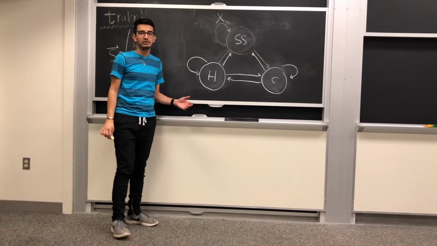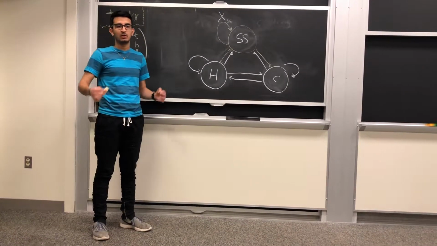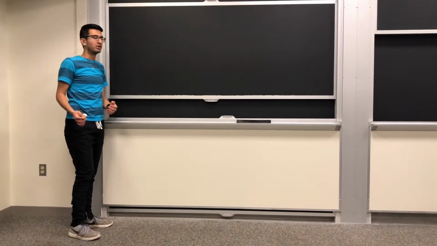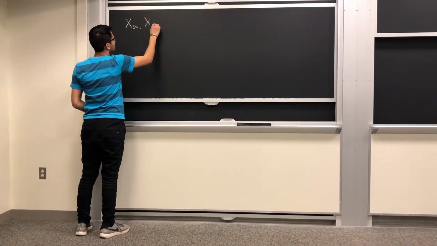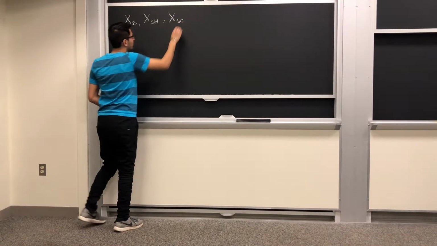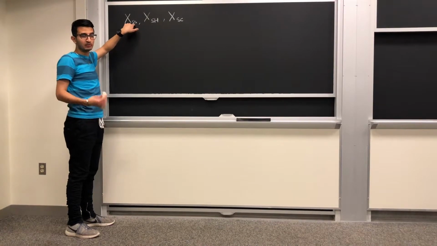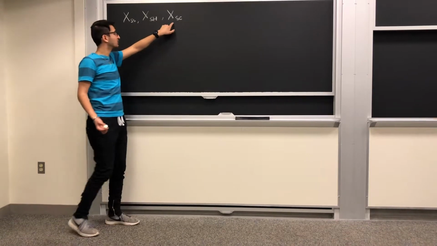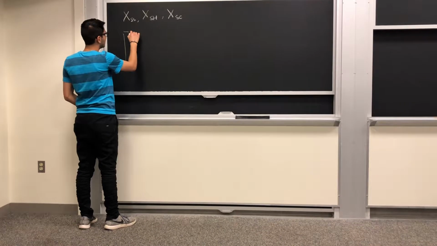you can see that there's only 9 probabilities that we're concerned about. And so from this, we can create a matrix of probability transition states. So now that we have the probabilities such as x_ss, x_sh, x_sc, for example, these probabilities show the transitions from the system from steady state back to steady state, to heating, and steady state to cooling. So now we can create a 3x3 matrix, so we can say